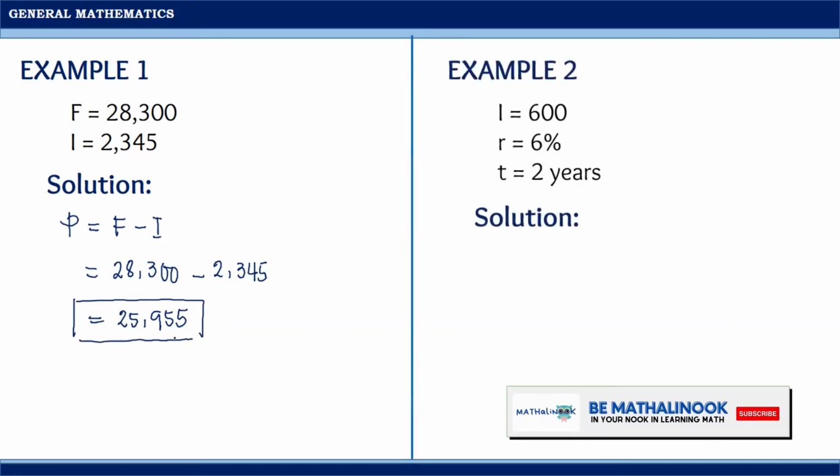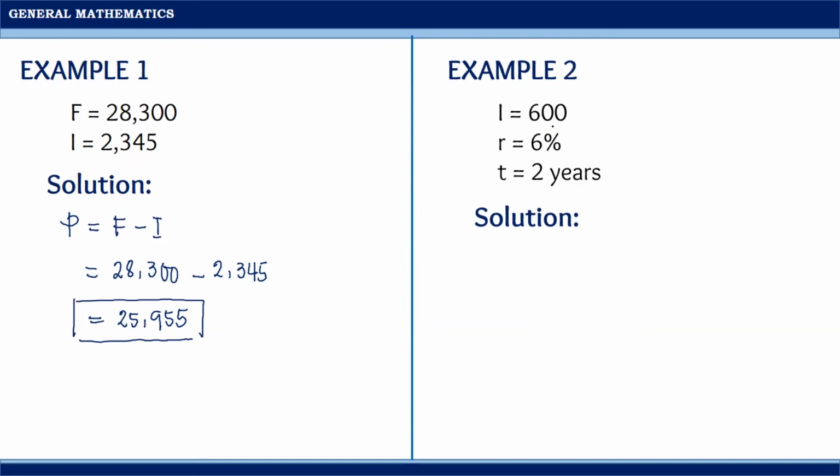Let us now try to solve for the principal when we were given the interest, the rate, and the time. Suppose the interest is equal to 600, the rate is equal to 6%, and the time is equal to 2 years, then the principal will be equal to the interest divided by the product of the rate and the time. Substituting the given on our formula, we're gonna have